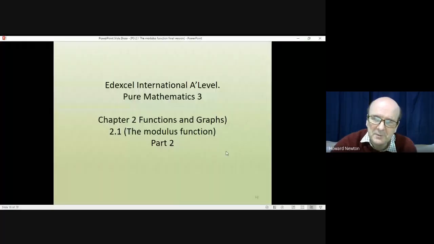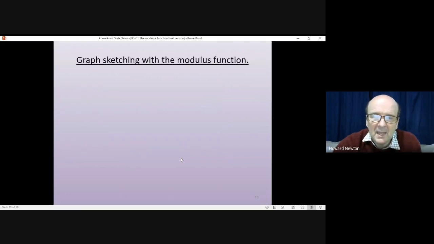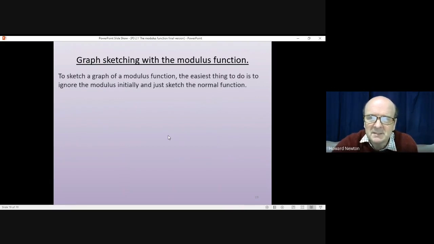Hi there, and welcome to this lesson on A-Level Pure Mathematics 3. We're on Chapter 2, Functions and Graphs, 2.1, the modulus function, and this is the second part of a two-part lesson. And it involves a little bit of work to do with graph sketching in particular. There are really three methods that are taught in this lesson, and I think it's the last one that you'll